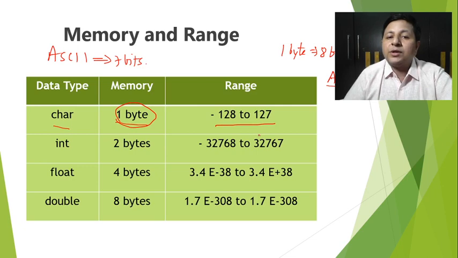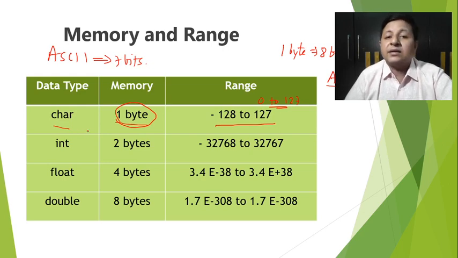If you don't bother about the initial bit, which is the MSB, and by default we always keep 0 in that, then the actually used range is 0 to 127, and that's the reason you will see the ASCII values which we have. As I say, we will be elaborating it in another video about ASCII values, but you will find all the ASCII values between this range 0 to 127. So that is because of the concept of ASCII, and the range is that way.